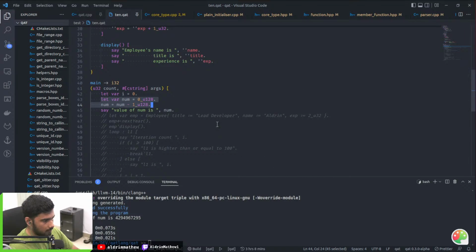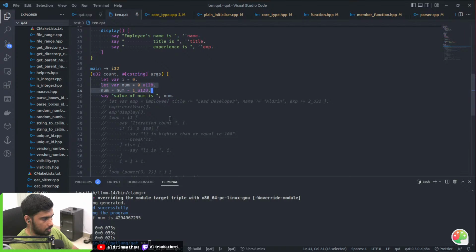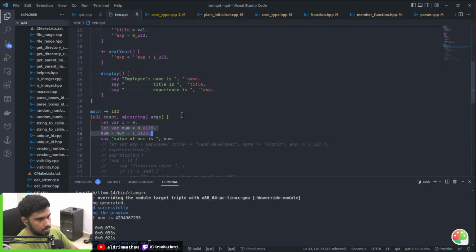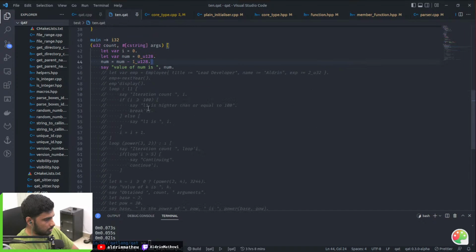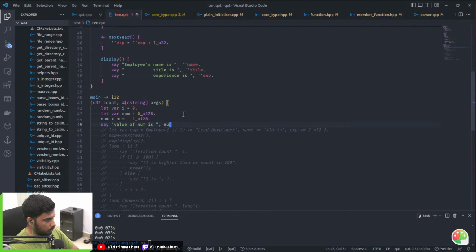But I'm not sure if I'm adhering to that principle in all parts of the language. I need testing to make sure that references are not rebound after initialization. So as a summary, that's mostly it.